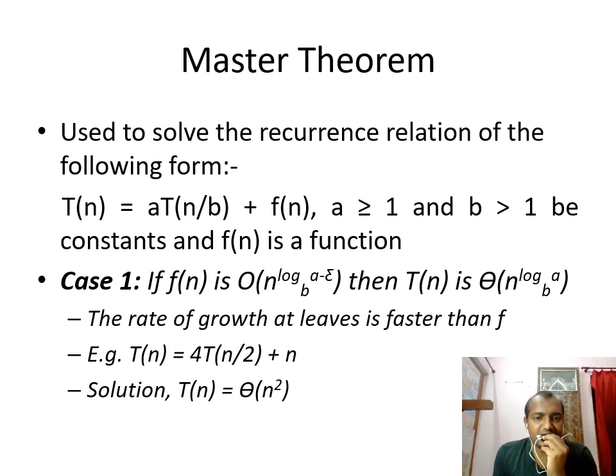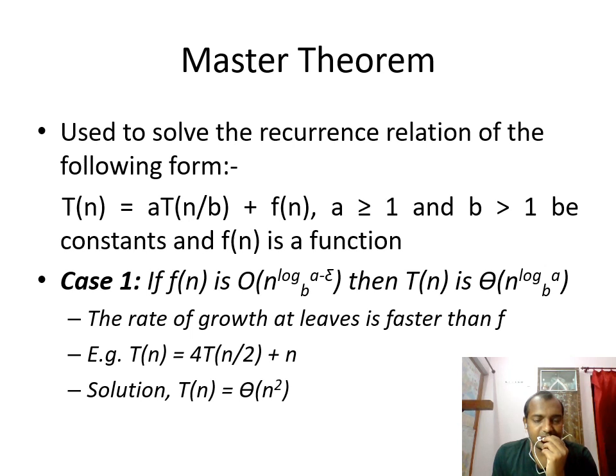The case number 1 is if f of n is big O of n to the power log a base b minus something, then the solution is T of n is theta of n to the log a base b. We simply remove the subtraction part. So it means the rate of growth at leaves is faster than f. For example,